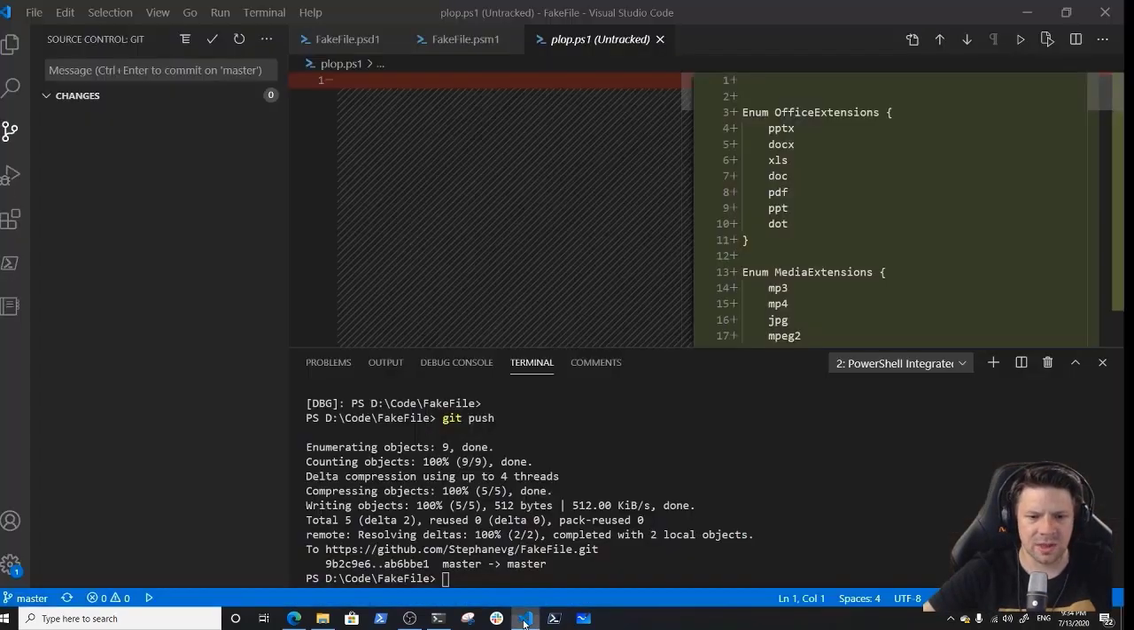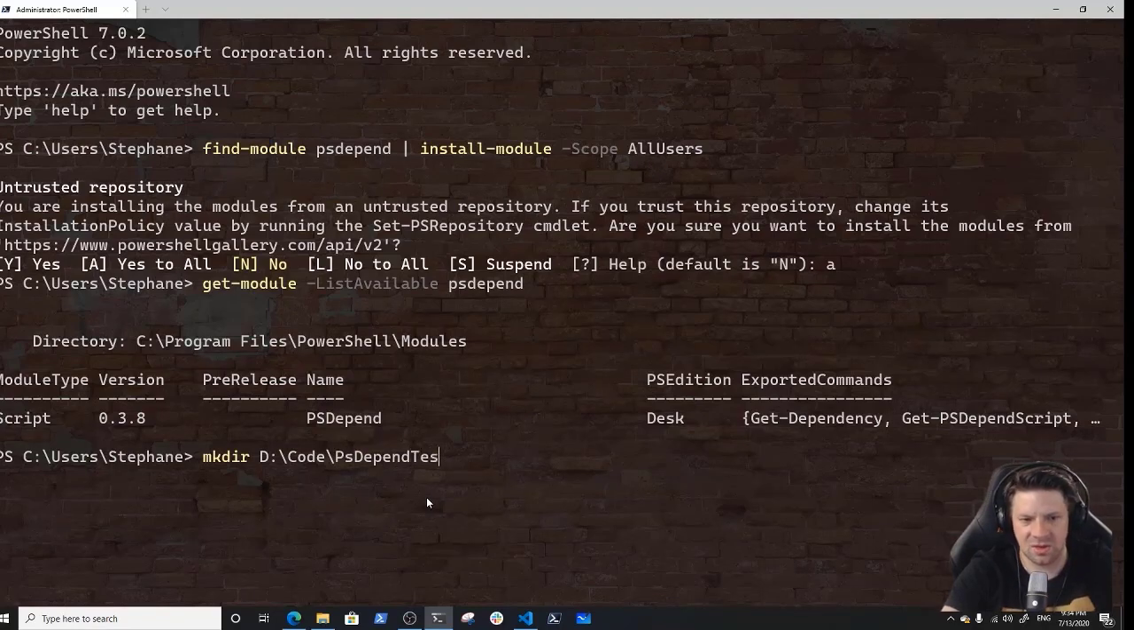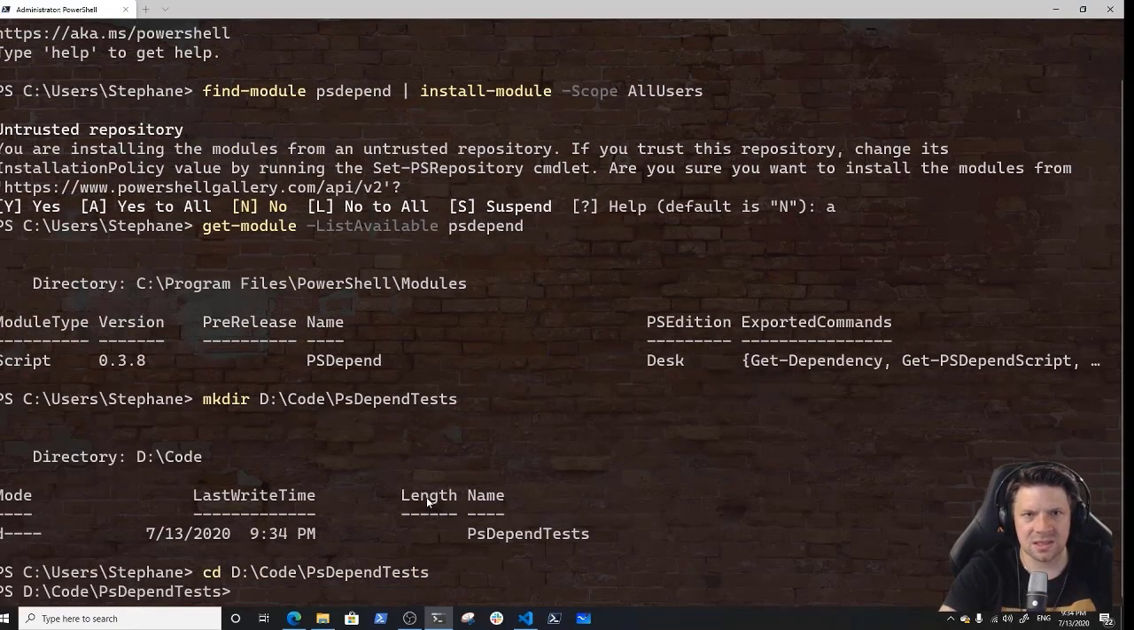What I'm also going to do is create a new project. I actually think I have this on D. Do I have decode? Yes. So mkdir decode, module, PsDepend tests. I'm just gonna call it like this. So cd, I'm going to navigate into this folder, and now I'm just going to launch Visual Studio Code